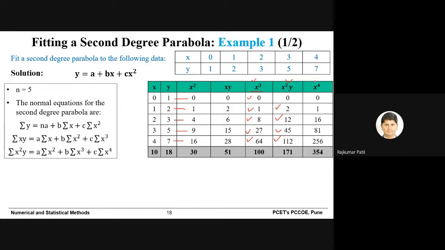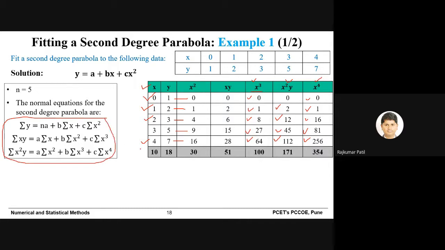And in the last column, x raised to 4. So 0 raised to 4 is 0, 1 raised to 4 is 1, 2 raised to 4 is 16, 3 raised to 4 is 81, and 4 raised to 4 is 256. So when you look at all the columns and compare with all the normal equations, then you may see